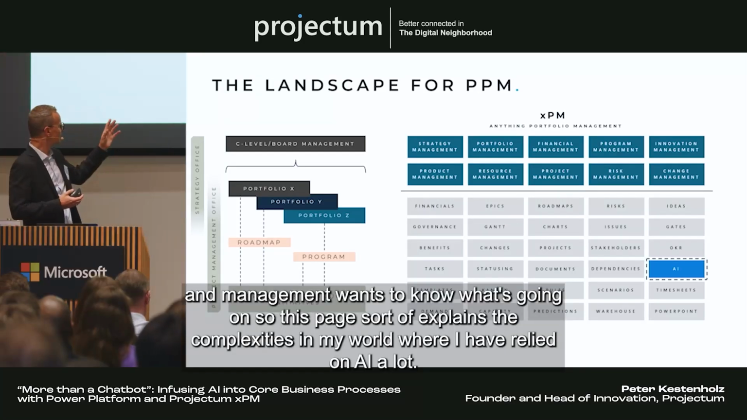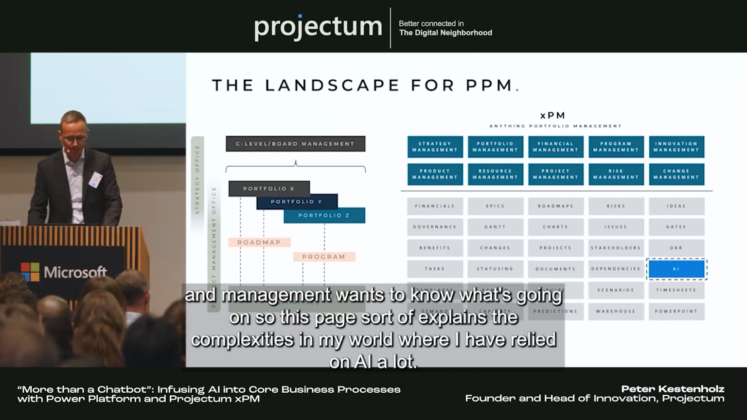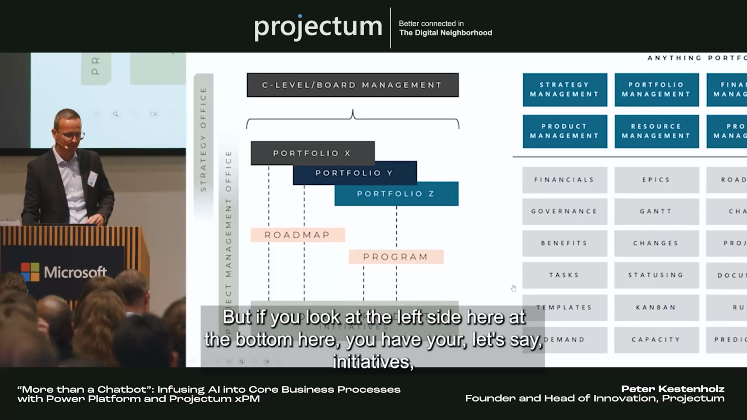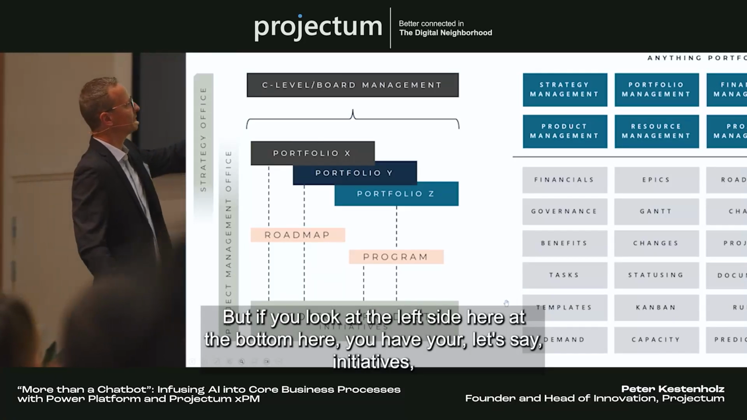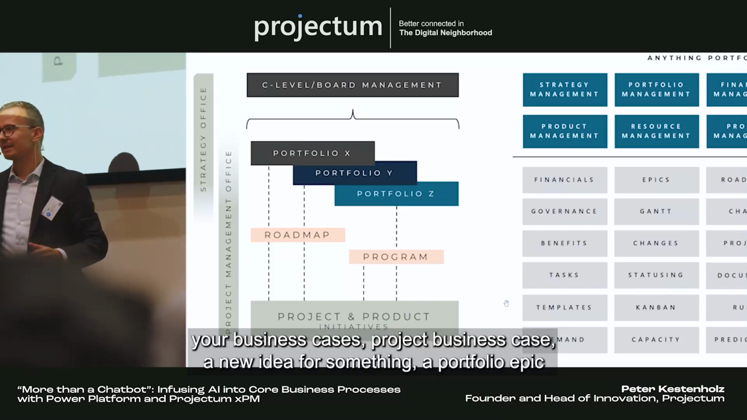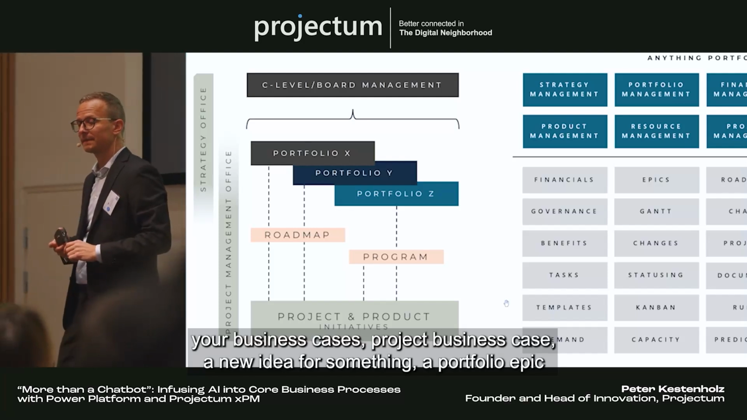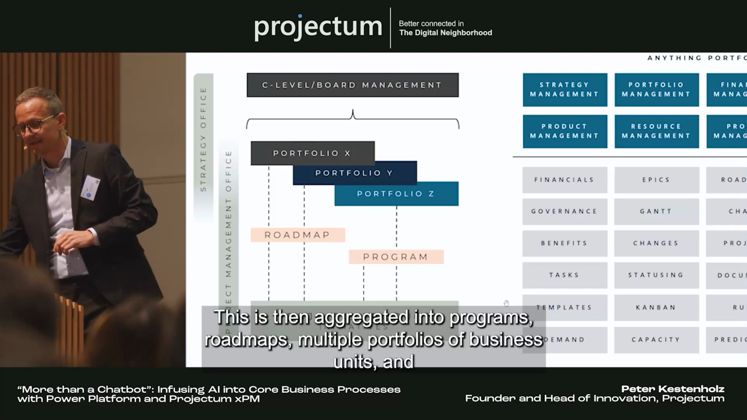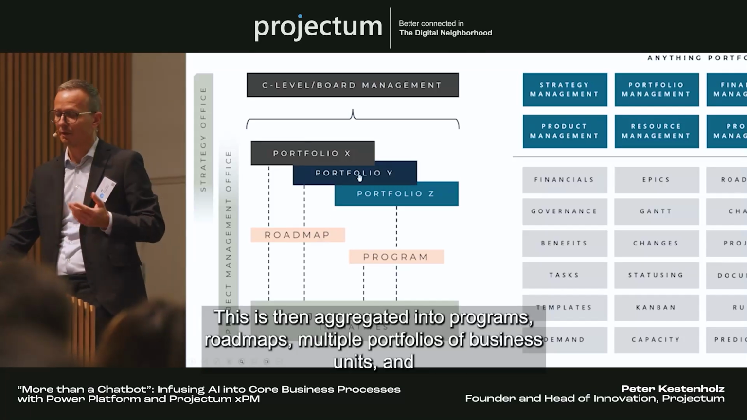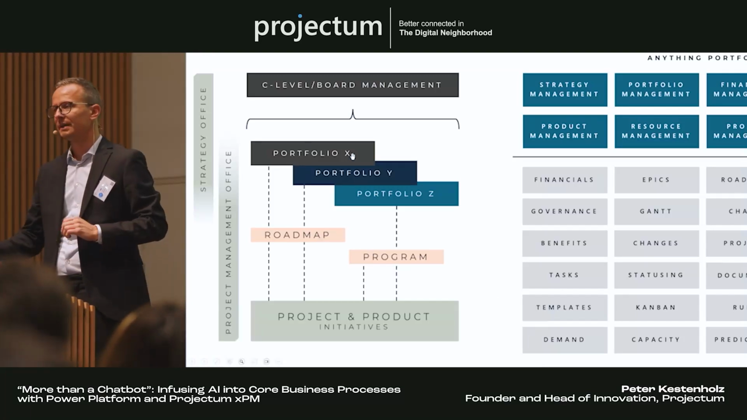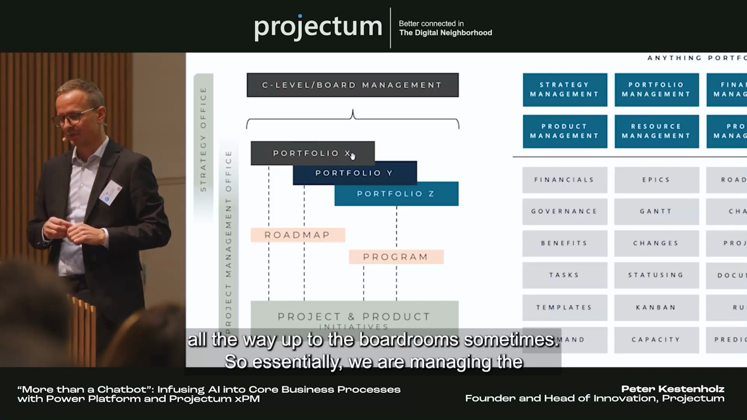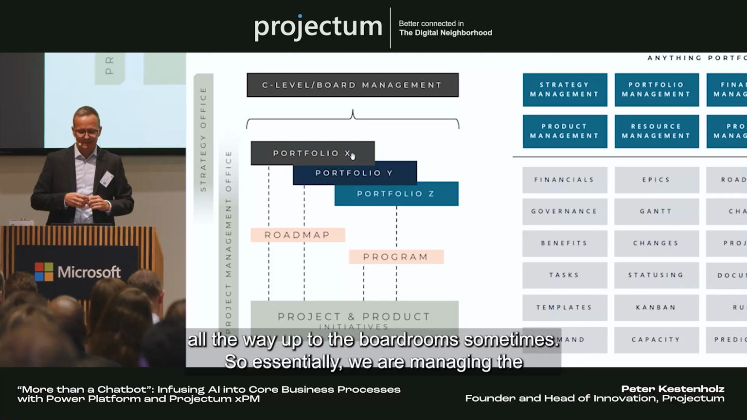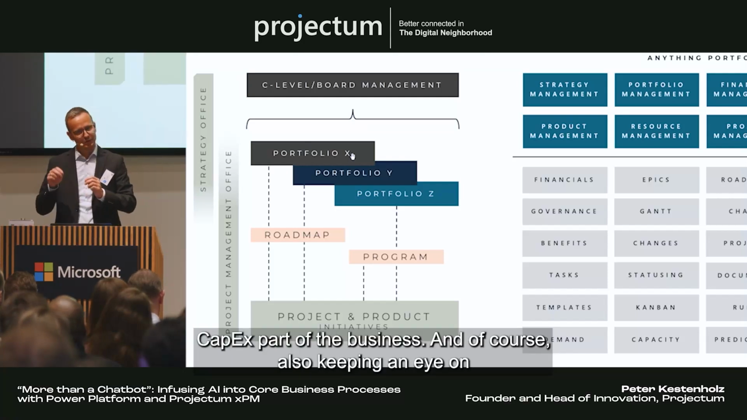So this page sort of explains the complexities in my world where I have relied on AI a lot. If you look at the left side here, at the bottom, you have your, let's say, initiatives, your business cases. So a project business case, a new idea for something, a portfolio epic if you're running scaled agile. This is then aggregated into programs, roadmaps, multiple portfolios or business units, and all the way up to the boardrooms sometimes. So essentially, we are managing the CapEx part of the business and, of course, also keeping an eye on the